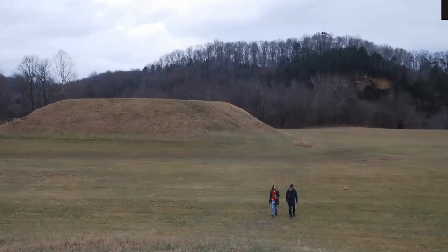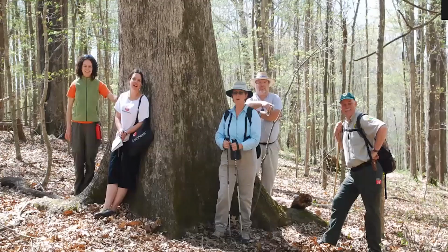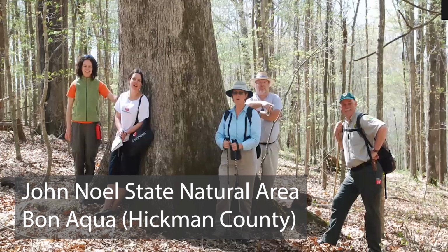Harpeth River is a wonderful float stream. There are several canoe liveries nearby on Highway 70 where you can rent a boat and experience history and nature along the Harpeth River. Another little park area close by is the John Knowles State Natural Area,